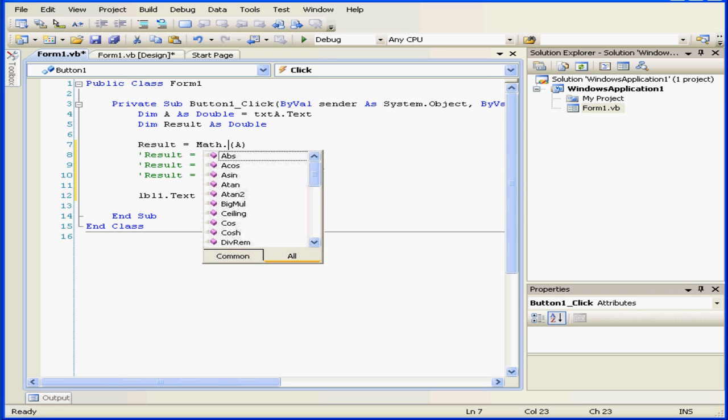In order to see all members of the math class, I'll change this code as you see here. Math, period. To see what each of these functions does, simply click on the function. A pop-up will display information about the function. Let's tab